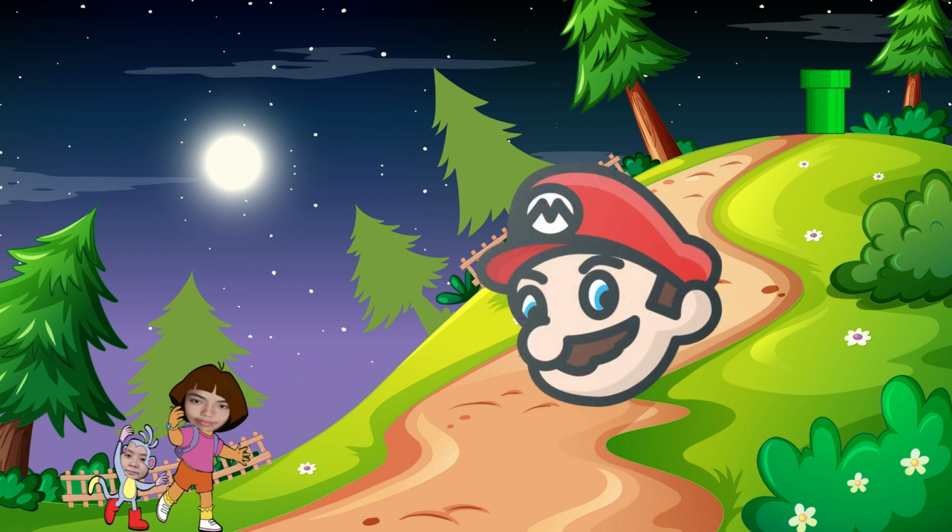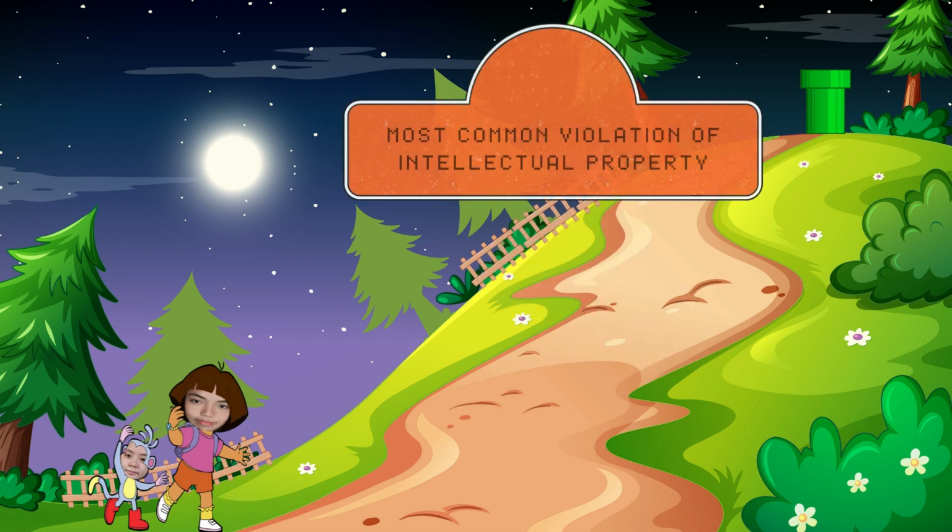Welcome to the last round of intellectual property. You can enter the portal if you finish listening to the discussion. The last stage of intellectual property is their violation. As I said before in stage 1, intellectual property is important to protect the ideas that have been developed, for instance, by means of patents or copyright.